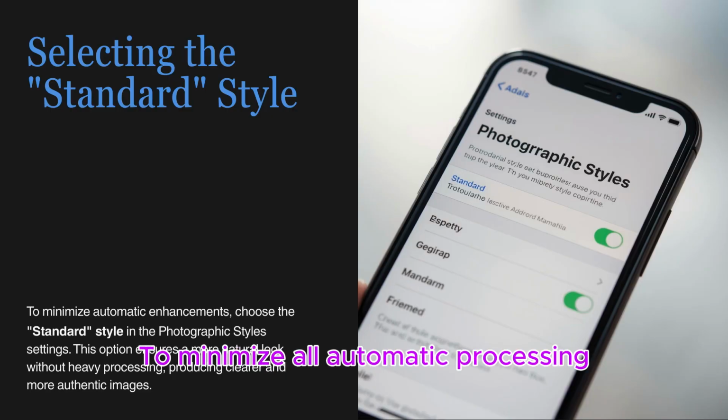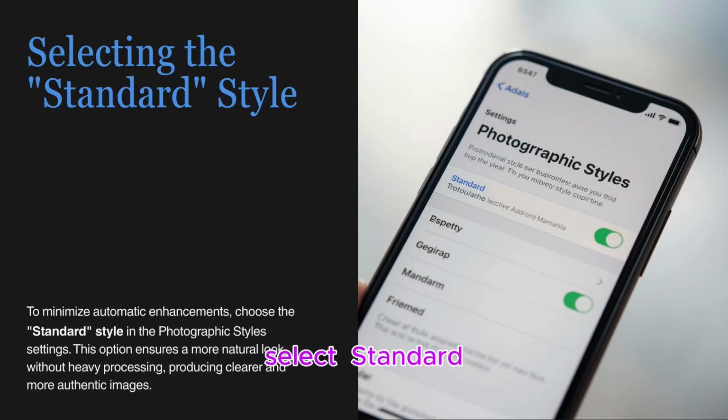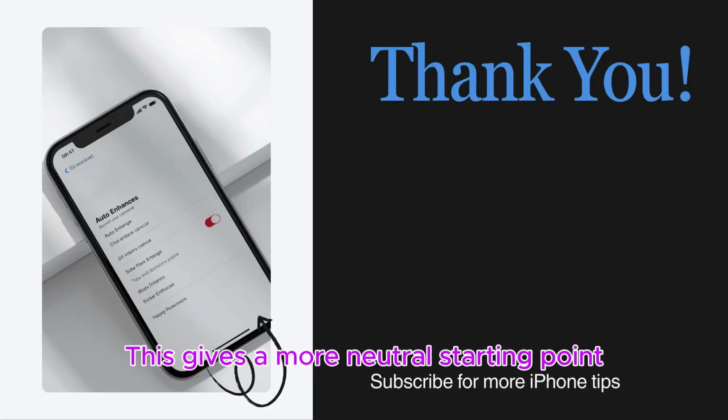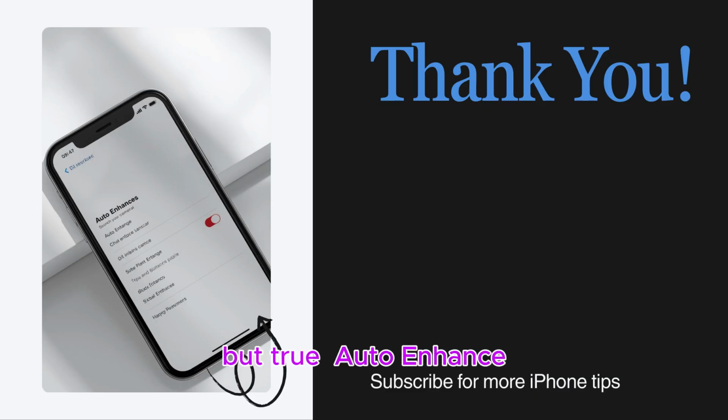To minimize all automatic processing, select Standard or Rich Contrast and drag the tone and warmth sliders to the middle 0 position. This gives a more neutral starting point, but true Auto Enhance can only be toggled off in the Photos app after the